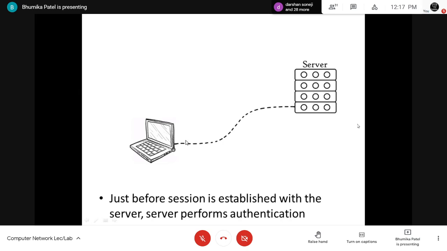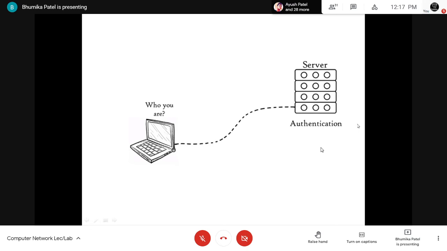Fine. So just before a session or connection is established, the server will perform the main function that is called authentication. Authentication is nothing but the process of verifying who you are.